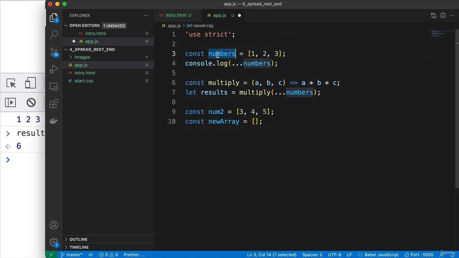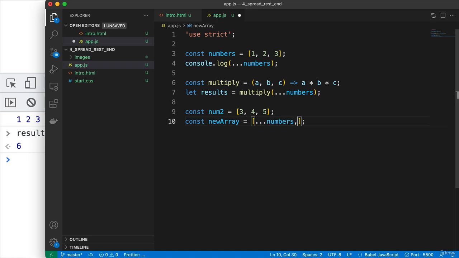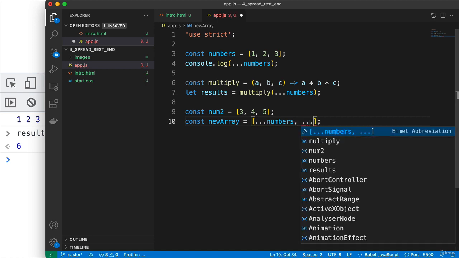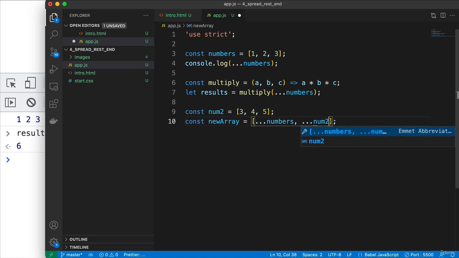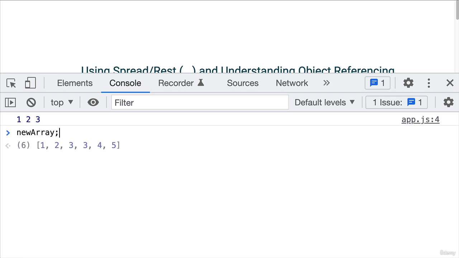If we just put the name of the array, we're going to get an array of arrays. But if we use the spread operator to spread them out, that doesn't happen. So we'll do numbers and then spread operator for num2. All right, let's take a look at that. That is new array we want to look at. So if I type in new array there, we can see we got those values in the array,